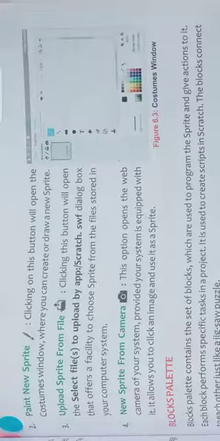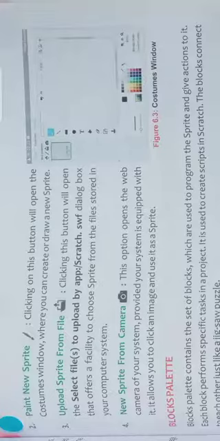Okay, but for those who want to add the faces of a particular person as a sprite, the third option is for them. Upload sprite from file means clicking on this button will open the select file to upload dialog box. Basically this opens the downloaded portion or the camera portion of the laptop or desktop.